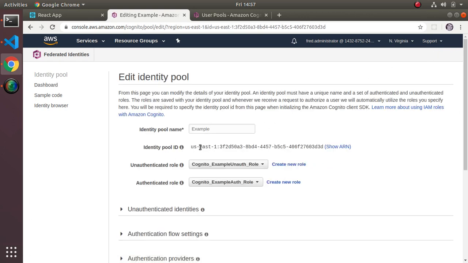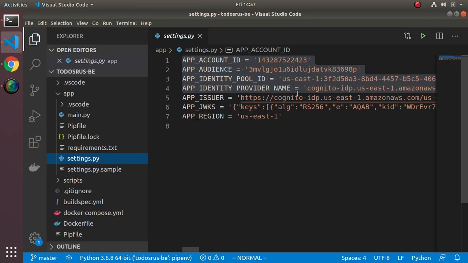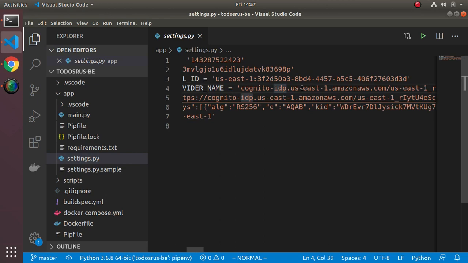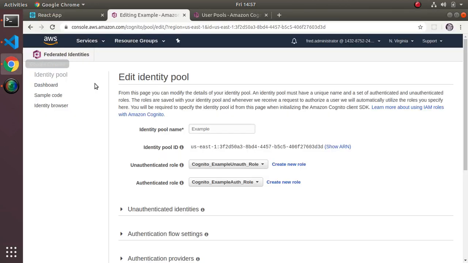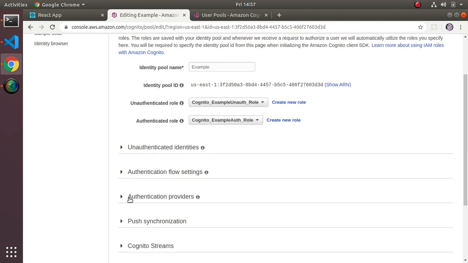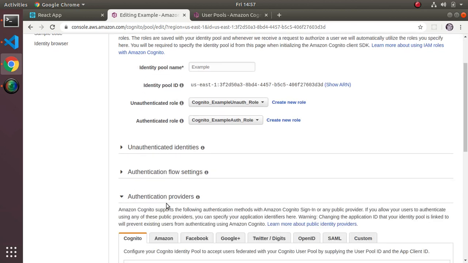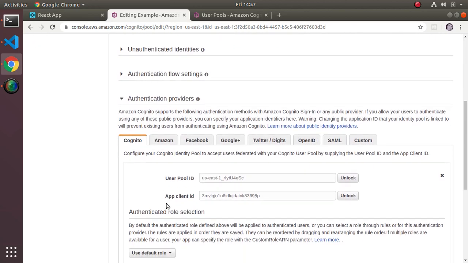There it is, ID. Yeah, so that's identity pool ID. And in the code, I'm asking for identity pool ID, right? And then app identity provider name, that is this line. And that is, let's see if I can figure where that's at. That's coming from this identity providers. Oh, right. So the pool ID is this. And if you look at the format of this,